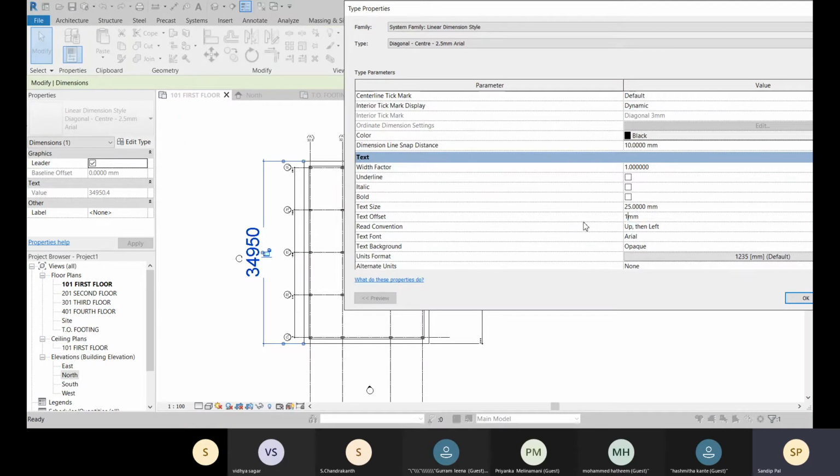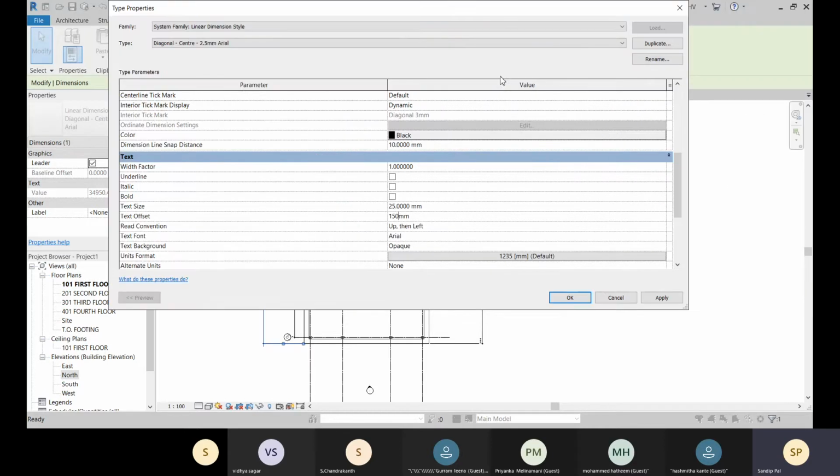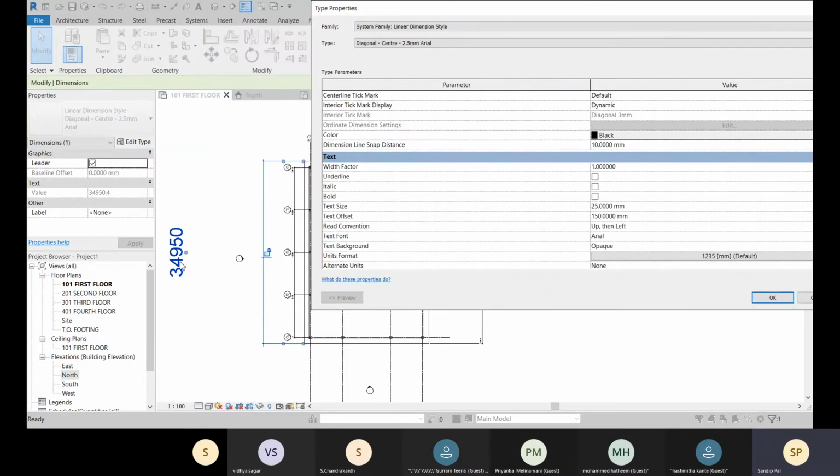So I'm giving a bigger value just to show you. Here you can see that is the offset, text offset 150. So you can define that over there, like it was earlier 1.75, that is okay. And about this read convention, that is up then left.